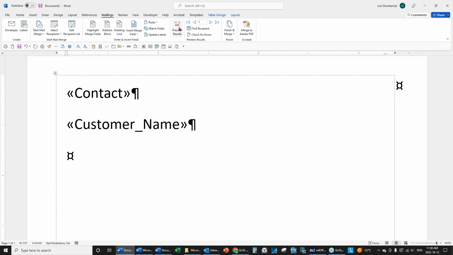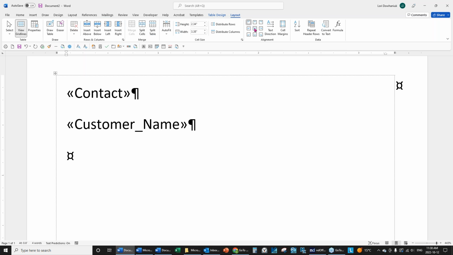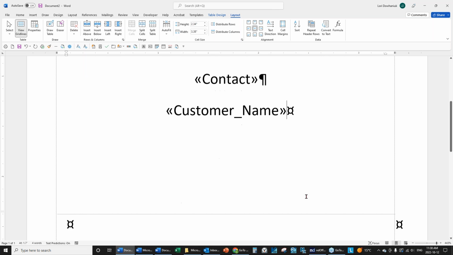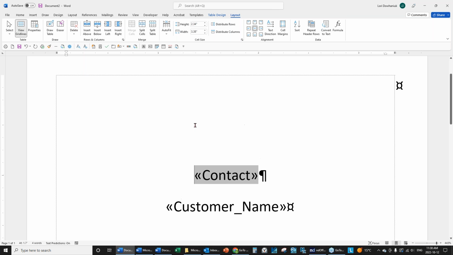Now, I want this to actually be centered. So I'm going to go to layout and I want it centered completely. I want it vertical and horizontal. So I'm going to choose this middle icon. So it's going to put it down in the middle. I'm going to get rid of this extra paragraph mark at the end of the customer name. And then I want the contact name to be larger